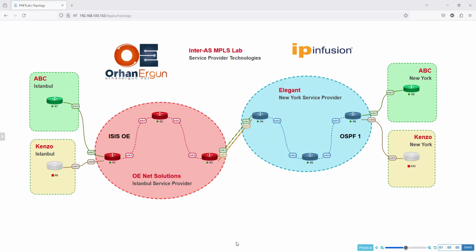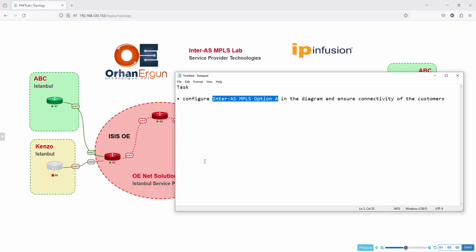Hello and welcome. In this video, I'm going to complete a series of tasks on MPLS on OcNOS devices. First of all, let's take a look at the task. Then I'm going to explain the topology and some theory behind this, and then we are going to get to the configuration. So the task says configure Inter-AS MPLS option A in this diagram and ensure connectivity of the